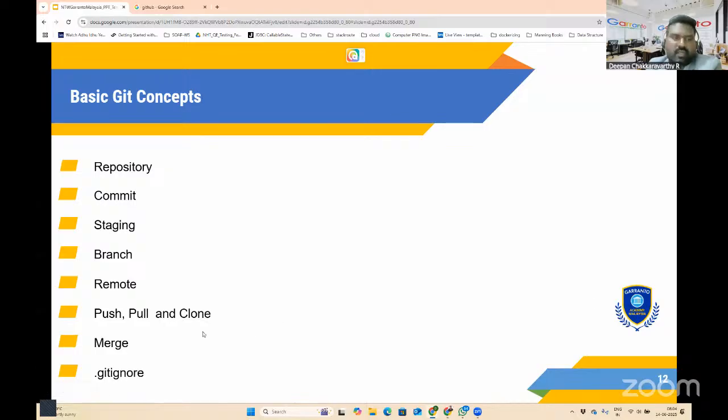And then we have something called merge. I mentioned we have multiple branches. At the end of the day, what will go for deployment is that stable branch, the main branch. So how will you merge the other branches with the main branch, right? That is what merge is about. So merge is about merging branches, how we integrate changes from one branch into another, right?